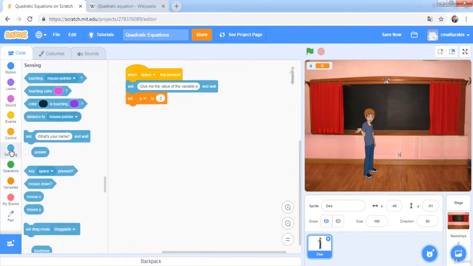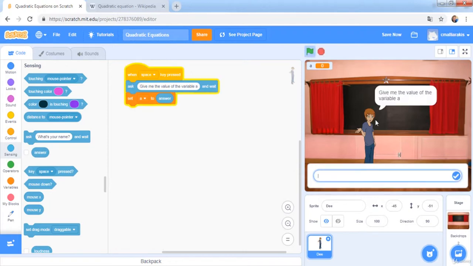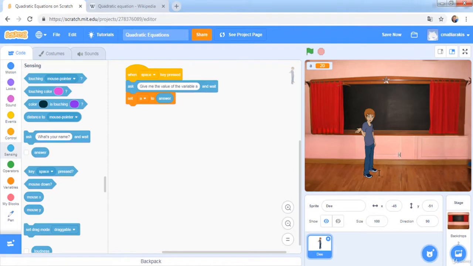Go to sensing and take the answer. So the answer will be the value of the variable a. If I press the space button, D will ask me to give the value of the variable a, and if I write 20, then the a variable has the value 20, and you can see it right here. So then I would like to duplicate the same thing,